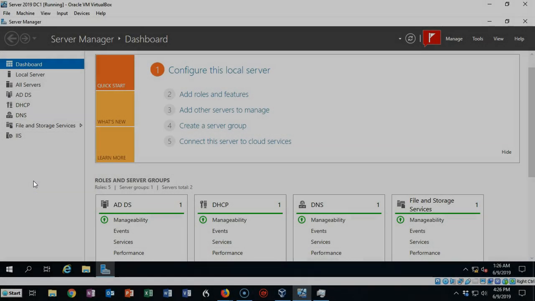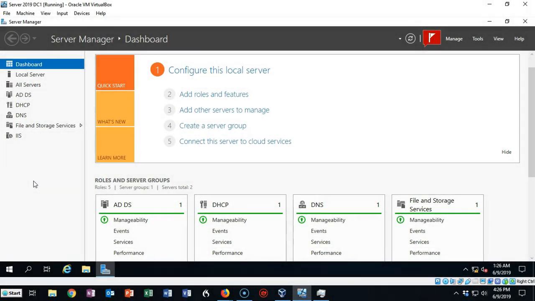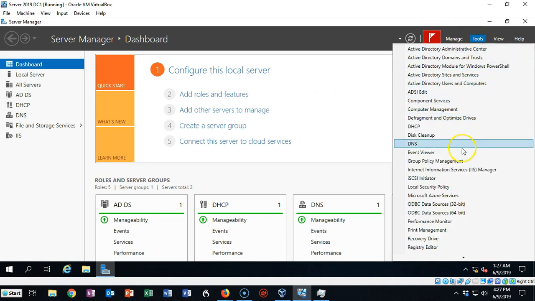Greetings, I'm Professor K, and in this short video presentation we're going to see how we go about performing a backup and then a restore of a group policy object up inside of our Active Directory. Though I am performing this procedure on a Microsoft Server 2019 installation, the same procedure applies to Server 2012 and Server 2016. So up inside of Server Manager, let's just go to Tools, and from the context menu, select